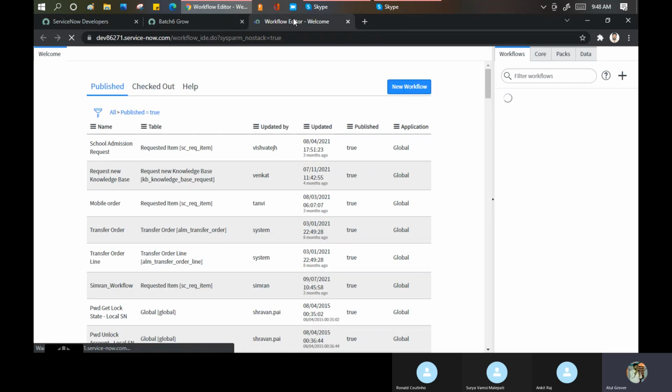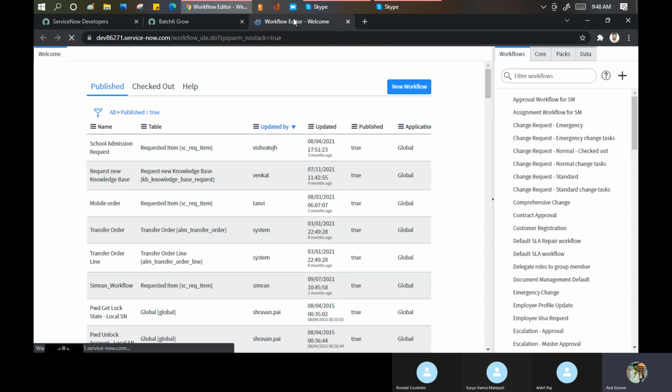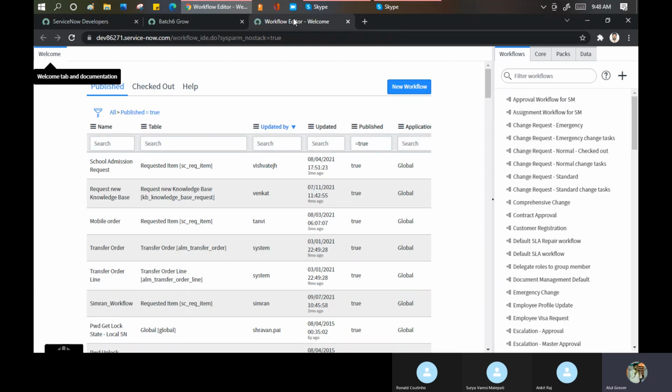So the drawback which I think in the workflow is that you cannot export the workflow in any kind of Excel sheet or CSV file. You can take screenshots, but you cannot export it. Like sometimes it happens that I want to export the workflow of this laptop request. No, you cannot. You can take the screenshot. I'm not sure whether this is a drawback or a limitation, but this is a fact that you cannot do that part.